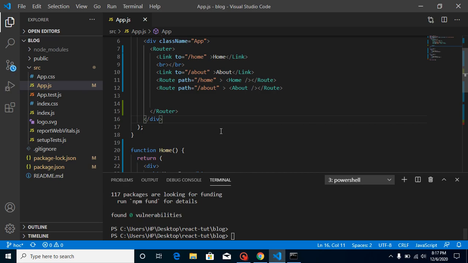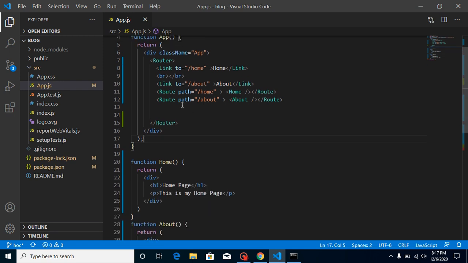For this video, I have a question for you. Here you can see that we provide our routes inside our Route. So what if I directly put this code rather than this Home like this? Will it work or not? You can answer this video's question in the comment box, otherwise I will tell you in the next video.